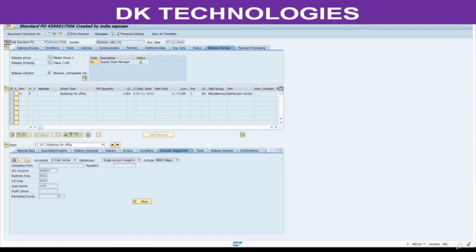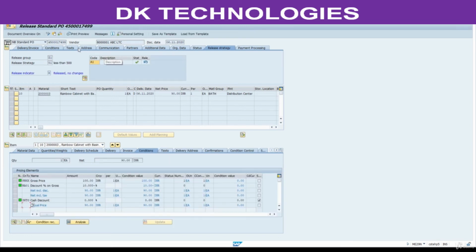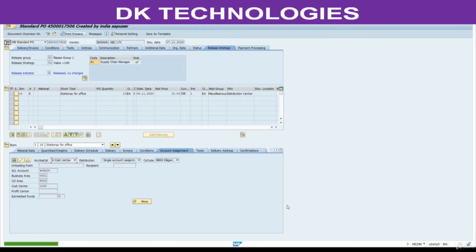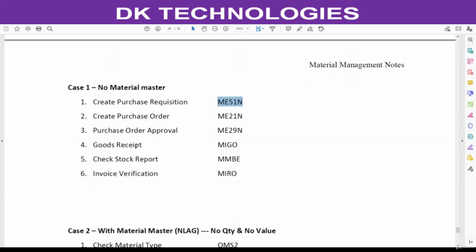Go to ME29N. Now change this. Approve this PO. Save this. Next step, goods receipt.